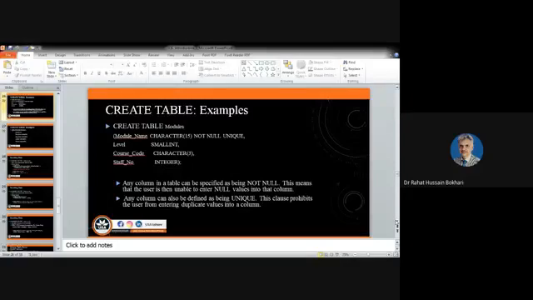In this way you are saying that this attribute is not null and has a unique value. If it is not taken as a primary key, you can say it might be null, and you can remove this part. Here I have written CHARACTER; you can also write just CHAR, the abbreviation, and its total length is 15.